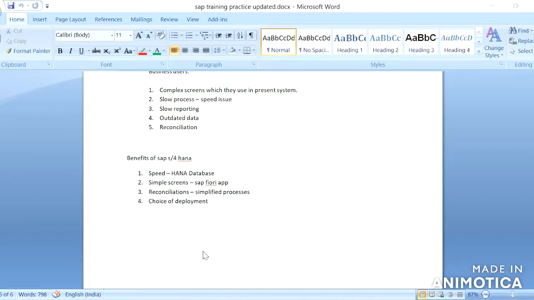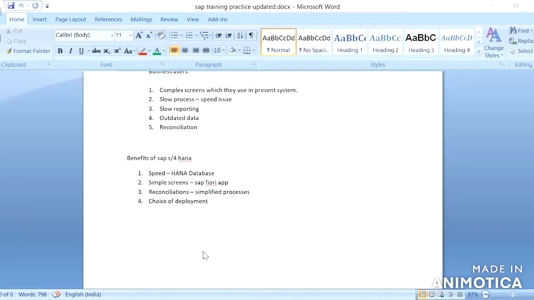Okay, so we know that through S/4HANA the performance is improved and the speed of generating the reports was improved. How it was improved? By using what things they have improved this. So as we all now understand that before they were using traditional databases, now they have developed their own SAP HANA database.